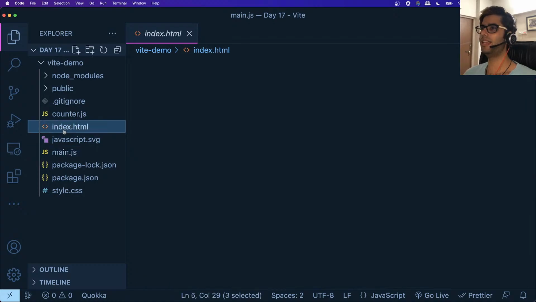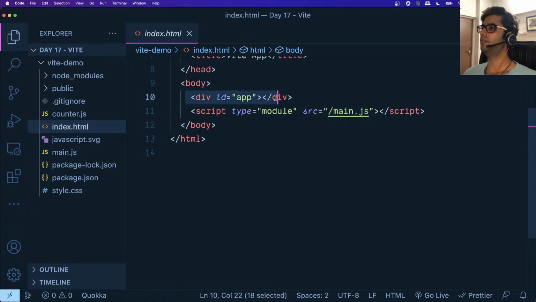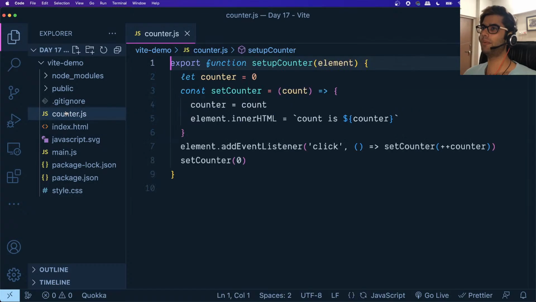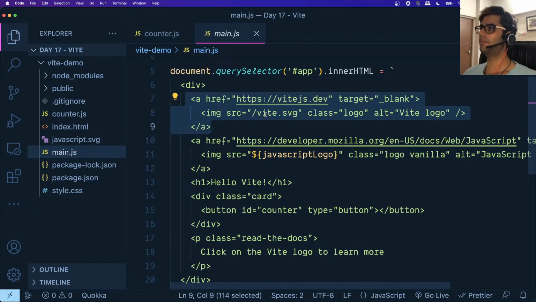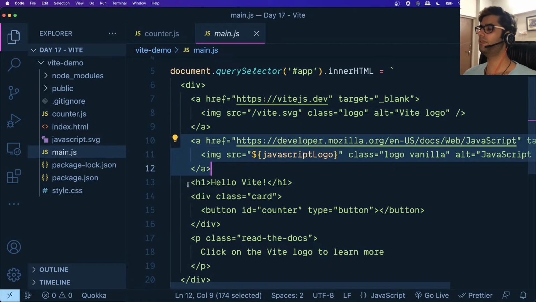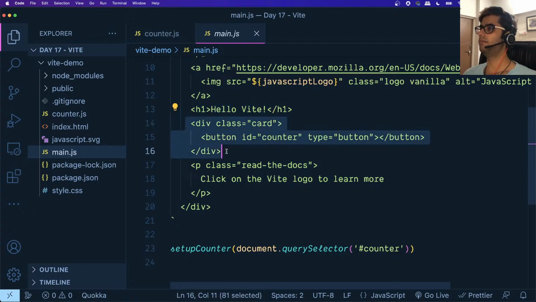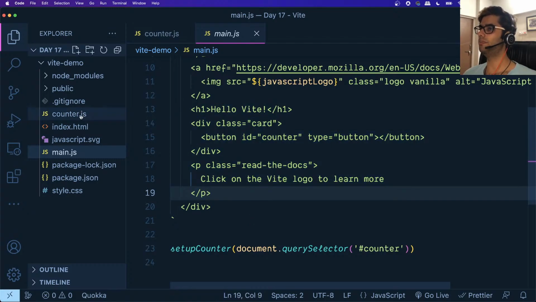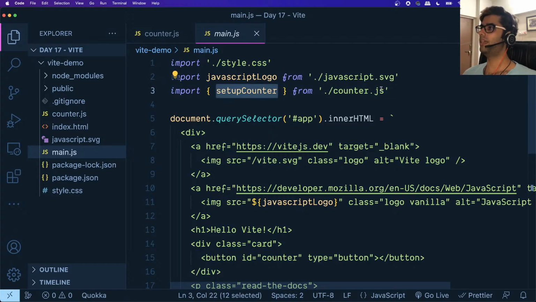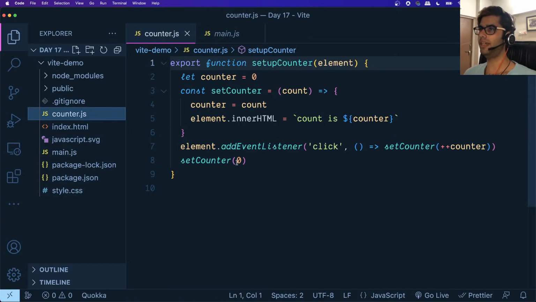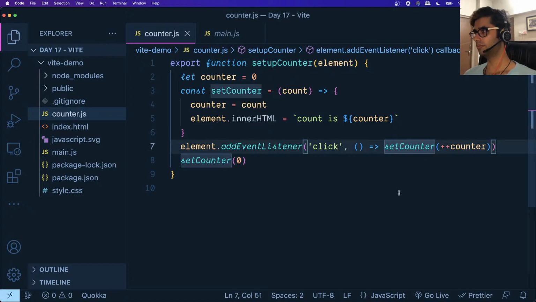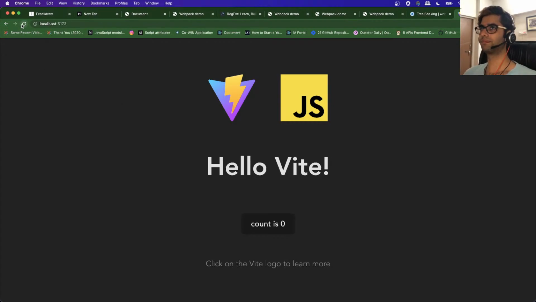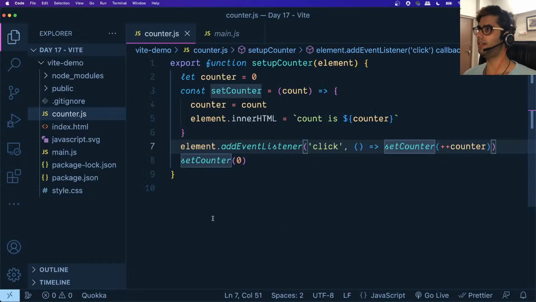We're getting the element which has the ID app, and we are creating an anchor tag which has the image of Vite, image of JavaScript, hello Vite. There's a div, and then there is this button, and then we are importing setupCounter from counter.js, and this is basically incrementing the counter every time we are clicking on this button, right? So if I do a refresh, everything has been reset. As I'm clicking, it's doing that. So you can see that,